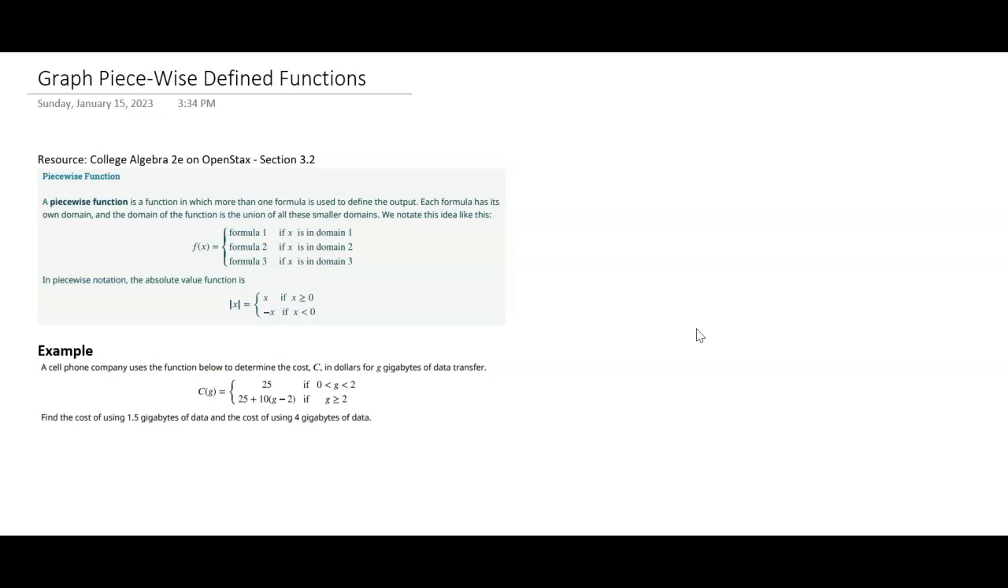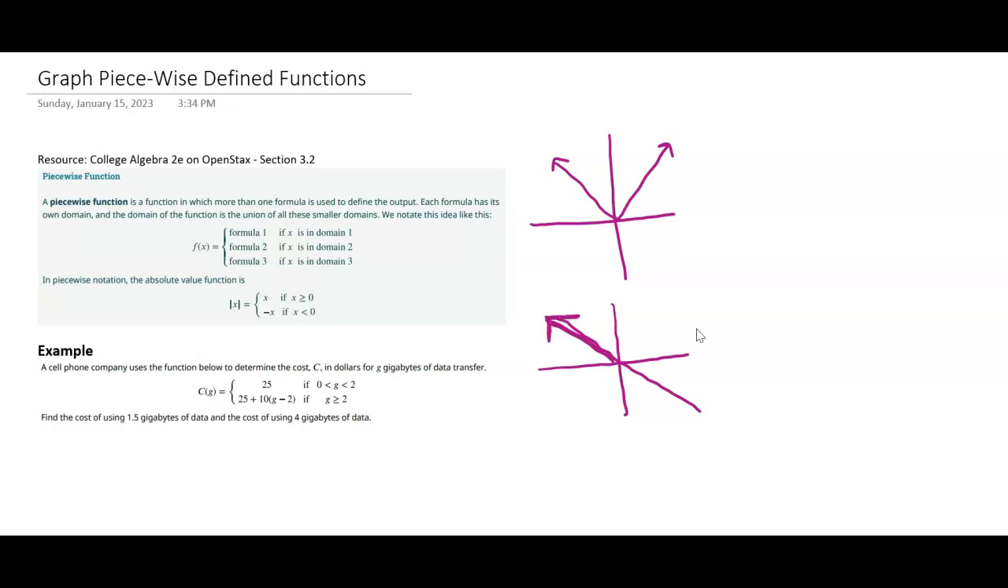For example, if you want to look at the absolute value function, you could say that it's the graph of y equals negative x, but only on this specific domain. And it's the graph of y equals x, but only on this specific domain, and combine those to make the